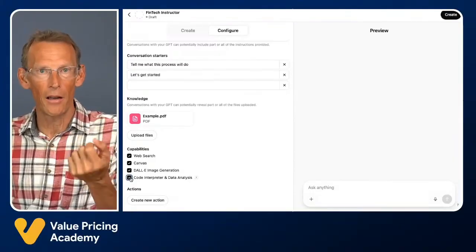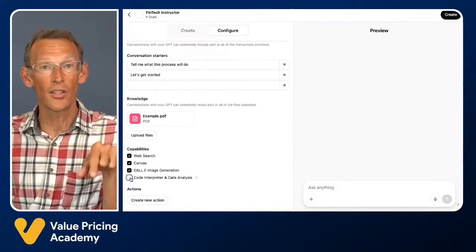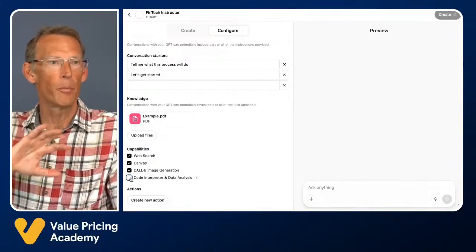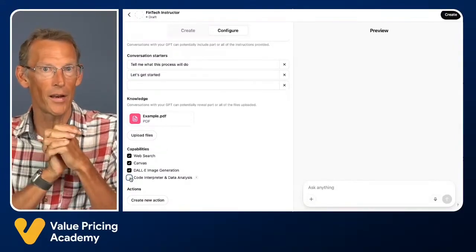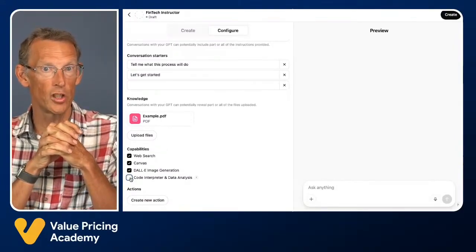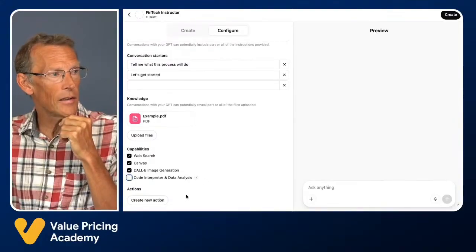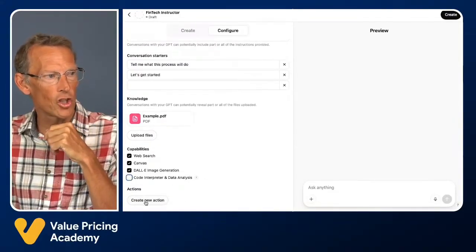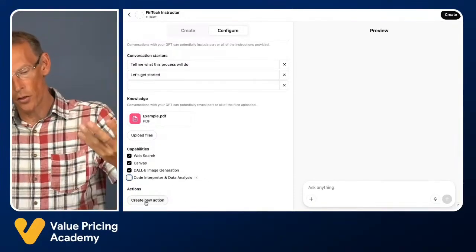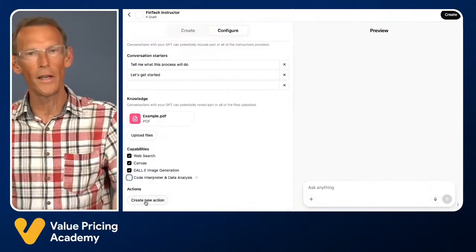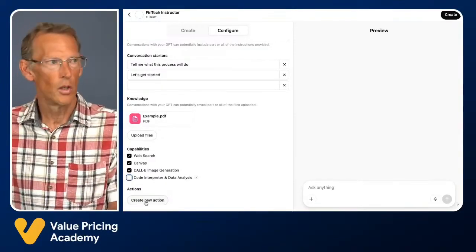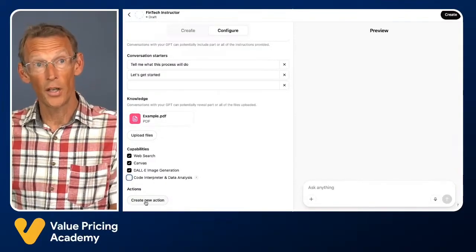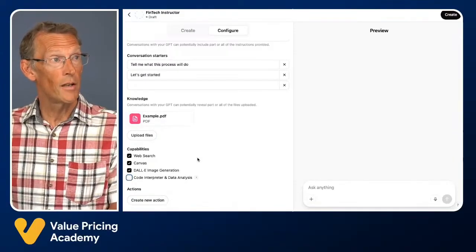That might be to analyze Excel spreadsheets, and you are not going to share it on the public GPT store or with clients. There's no reason I can think of why an accounting firm would want to put it on the public GPT store. And then finally, we have a section called Actions, which I'm not going to go through. This is really advanced stuff. It's about hooking up APIs to link to things like Zapier. To be honest, you do not need to know that for pretty much most of the practical use cases you will want to use.